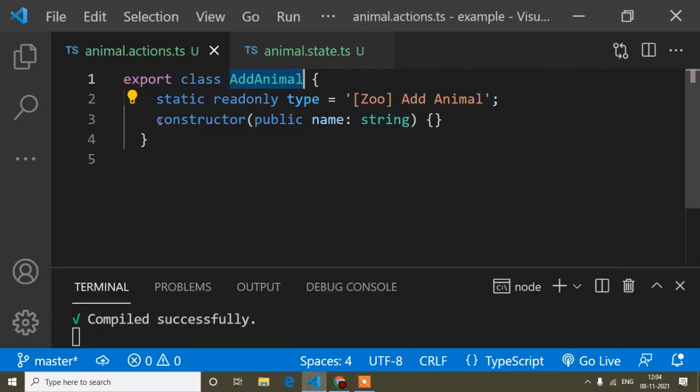Now I will stop this video here. In the next video I will explain what a constructor object is, because I already said that the constructor object is very important in NGXS. The class is an object, so here is Add Animal, and here it's the constructor.